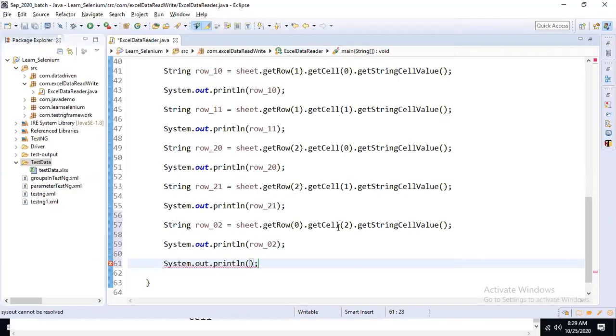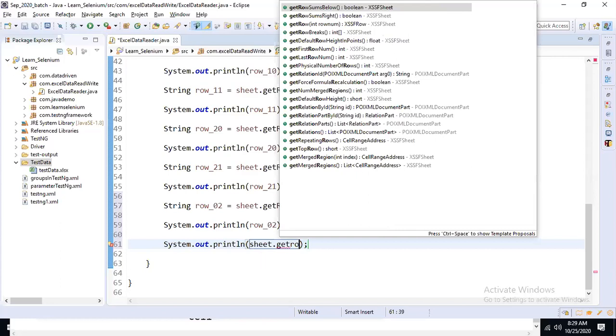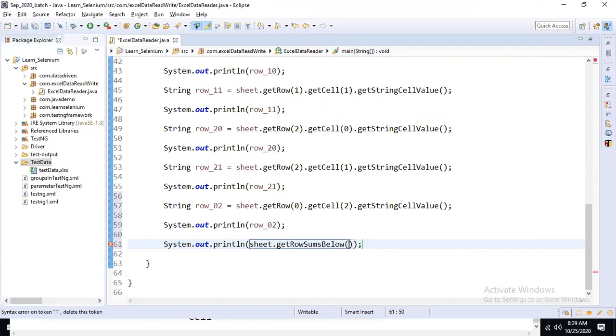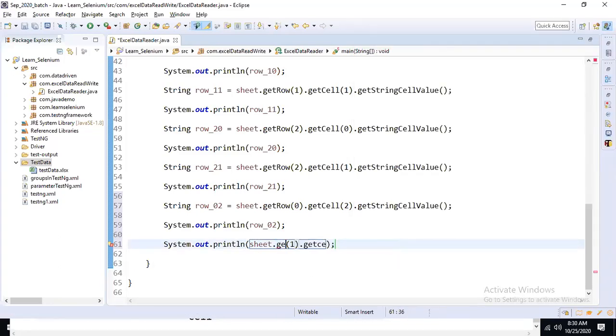So sysout I will write sheet.getRow.getCell, and what is the cell type? On that sheet, I will get the row. What is the row number? First row. This first row, dot getCell. Sorry, getRow.